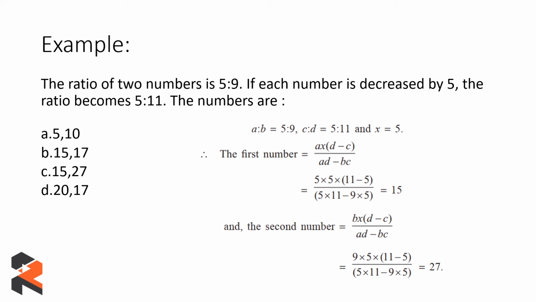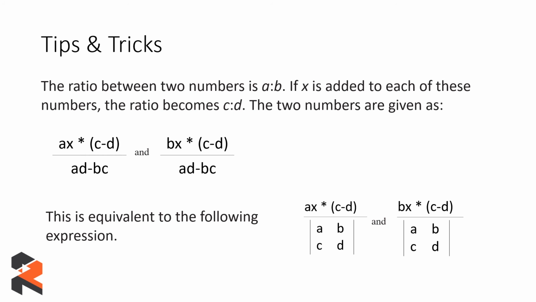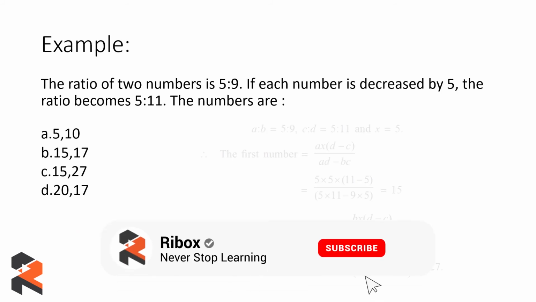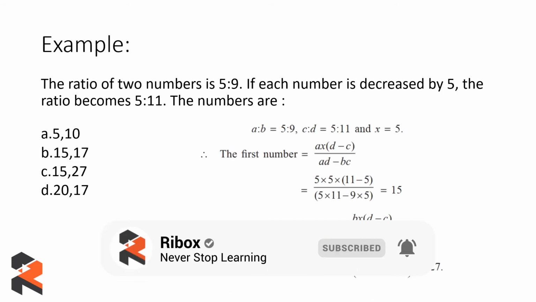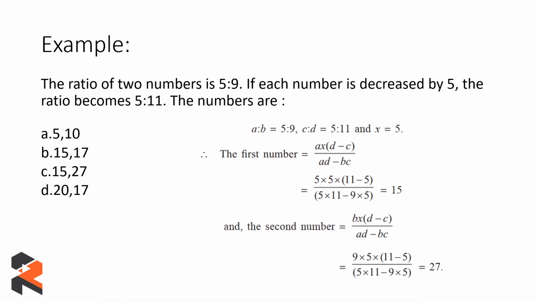Now in this case, what you need to remember always is that whenever a number is decreased, then the difference which we are calculating in the numerator, that is D minus C or C minus D in the formula which we read right now, changes. So whenever a value is getting decreased, the expression in the bracket becomes negative. So the expression here, as you can see in the explanation, is now D minus C and not C minus D. And the denominator still remains the same, wherein we are calculating the 2 by 2 matrix. So that is the only trick which you need to consider here.